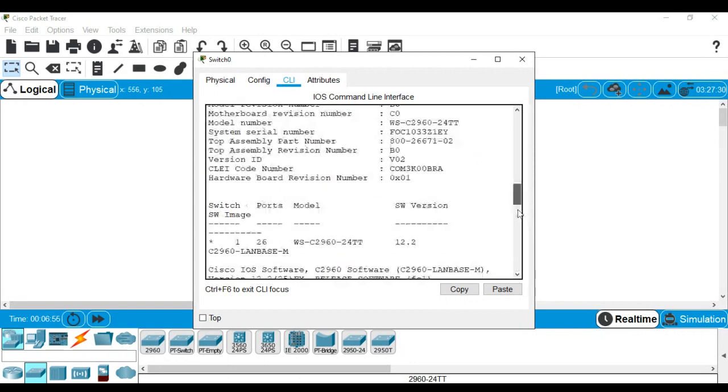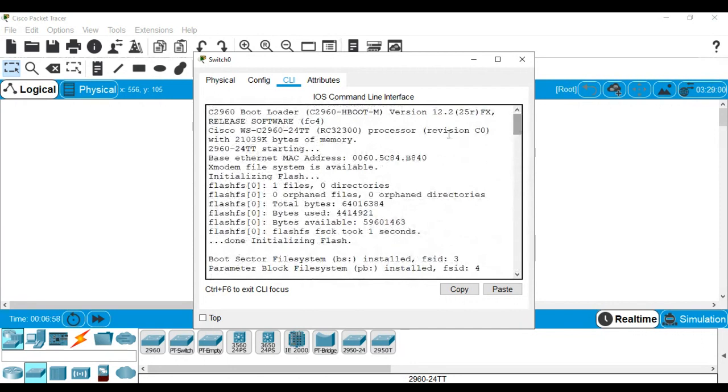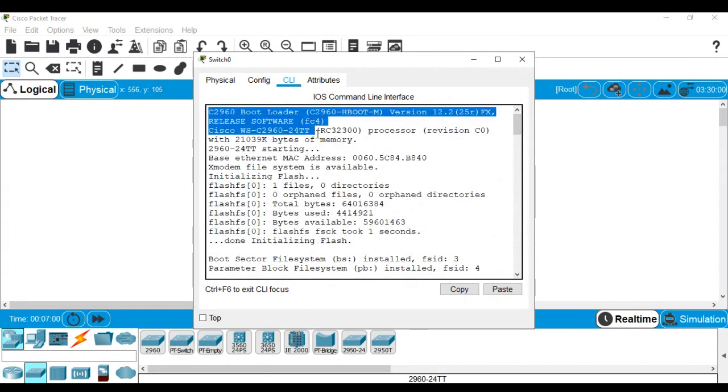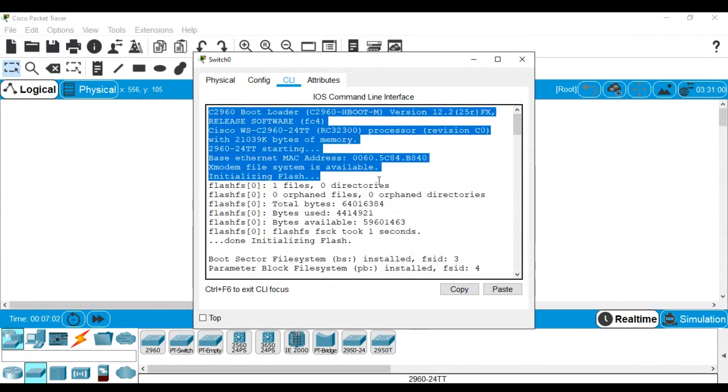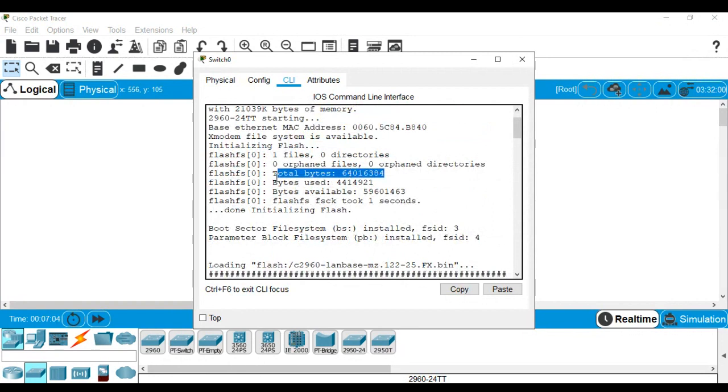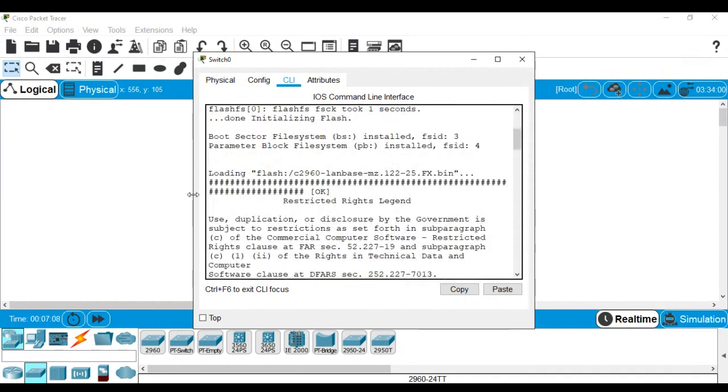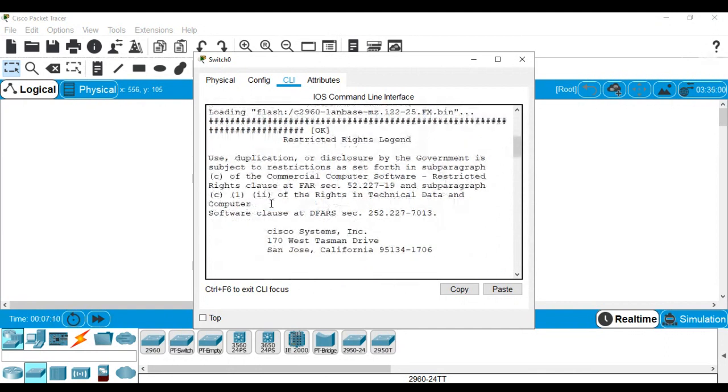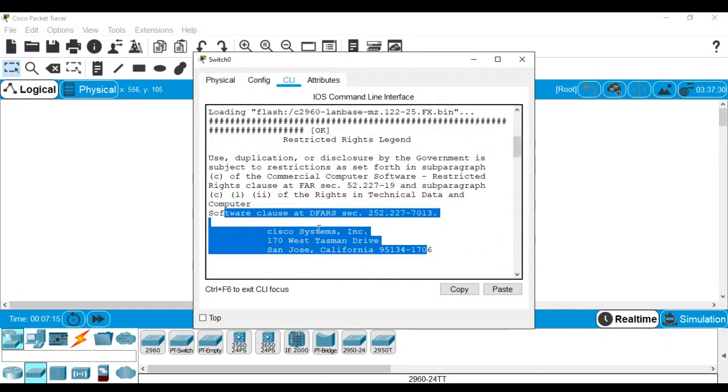So that's the first thing we'll see. And before that you also get to see the description about your switch, such as how many total bytes are used in that particular memory, flash memory. Then comes the software details, the name, Cisco Systems Inc., and the address.